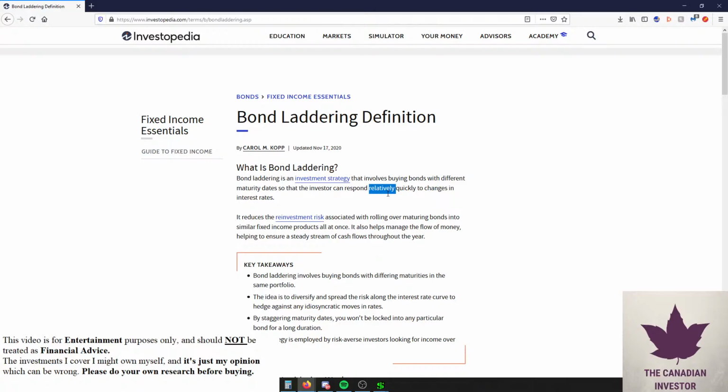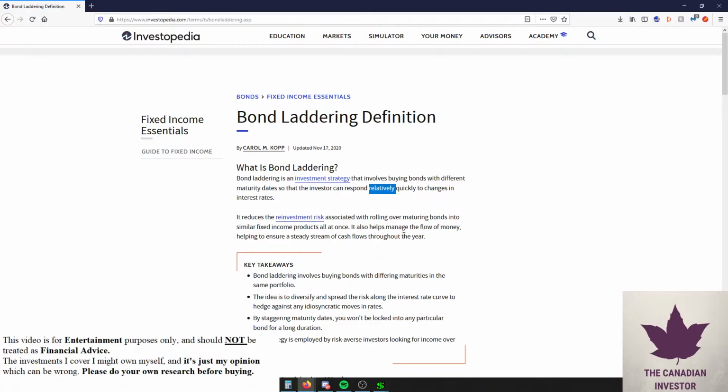So in that case, for example, if interest rates go up, hypothetically your short-term bonds will be good because those are going to mature soon and you're going to be able to lock in the higher rate. Whereas if interest rates go down, your longer bonds are going to do better. So you're kind of diversifying your interest rate risk. Instead of what I did in this game that I'm playing, I did something stupid. I basically went all in on long-term bonds. Whereas if I did a bond laddering strategy, I would have bought some short bonds.